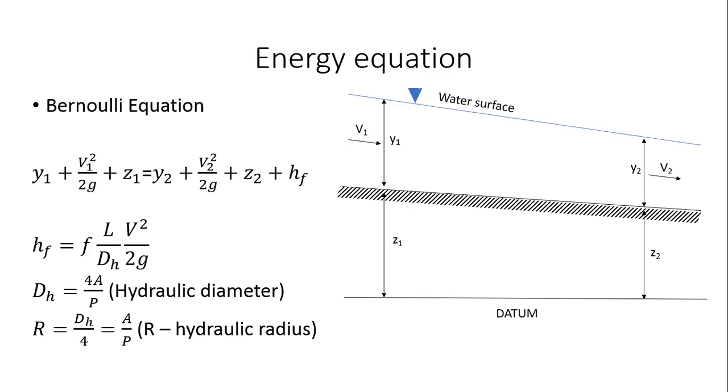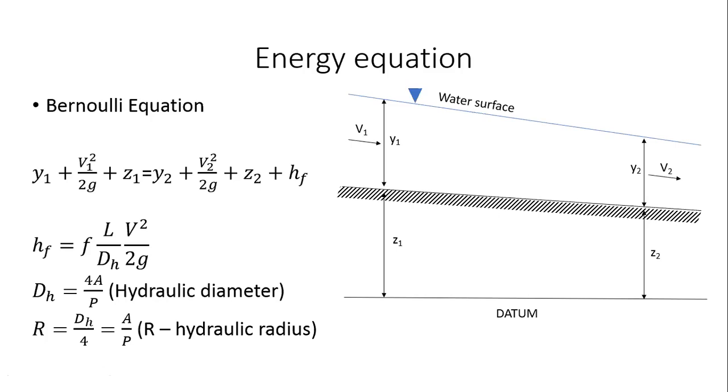But in the case of open channel flow, one surface is exposed to the atmosphere. Suppose it's a trapezoidal cross section, only the bottom and the side slopes are touching the material, whatever the material may be. It may be a concrete lined channel, a wooden lined channel, or a brick lined channel. You should remember that this P, the perimeter, is not the entire perimeter of the cross section. You have to remove the part of the perimeter that is exposed to the atmosphere, because that is not in